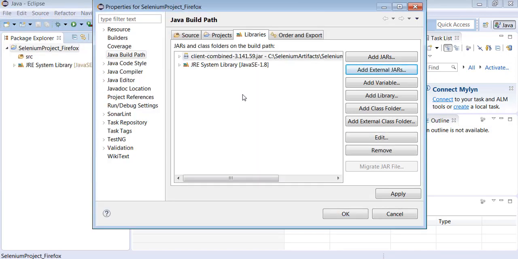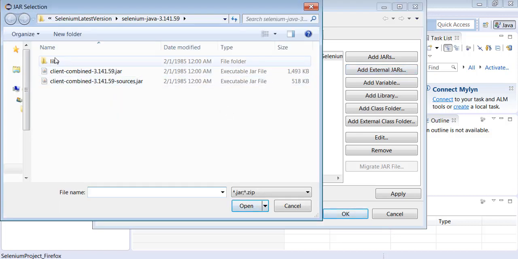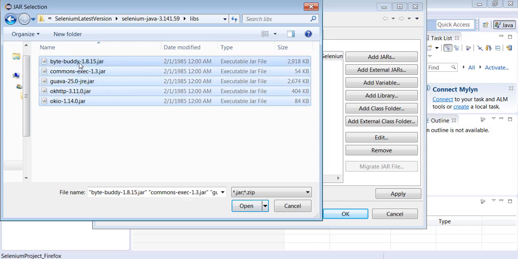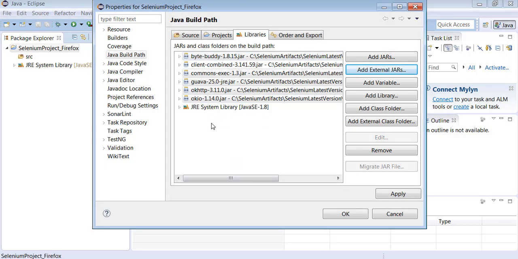In addition to that, you have to add the libraries as well. Click on Add External JARs. Select libs. Select all the jar files. Click on Open. Now all the libraries plus the client-combined jar file are added.